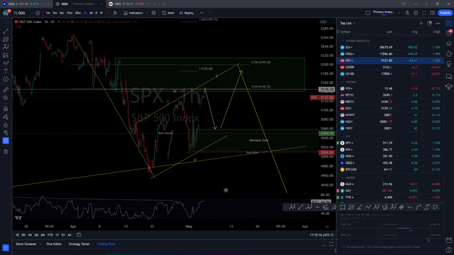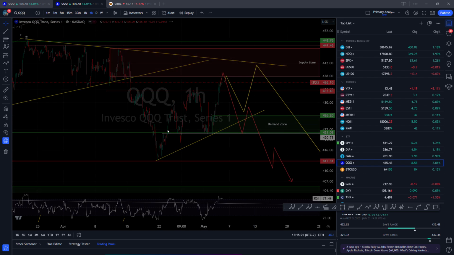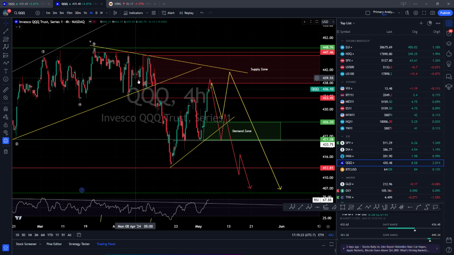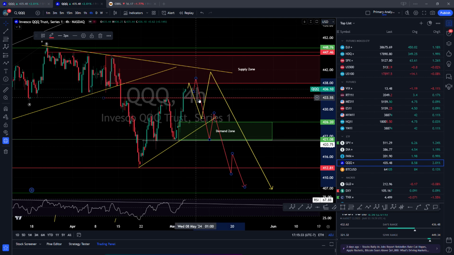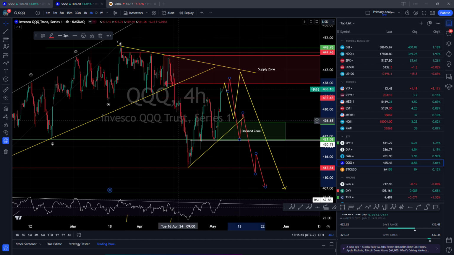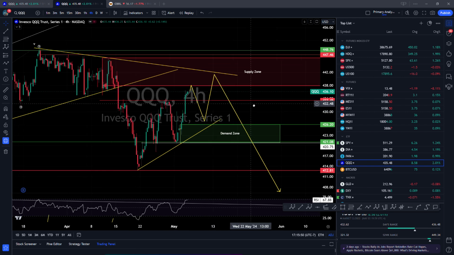All right. QQQ, very similar thinking here too. We have a big overhead supply here. We almost came close to it, a couple of points, or maybe another 1 or 2 points up, and then probably we should reject and come back to the 426 zone. Move up, like I said, make this very tight consolidation in a triangle of a bigger time frame, and again, what will happen a week after with the CPI, we'll just see.